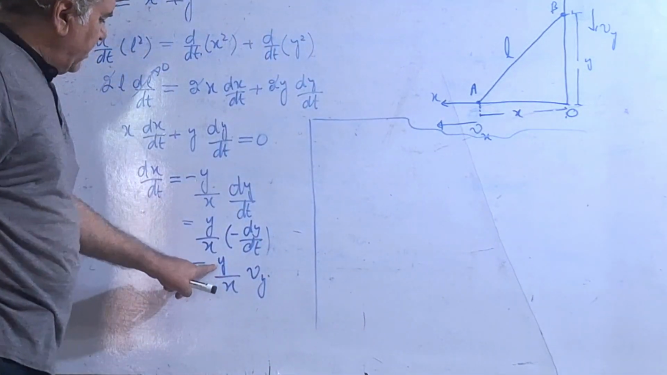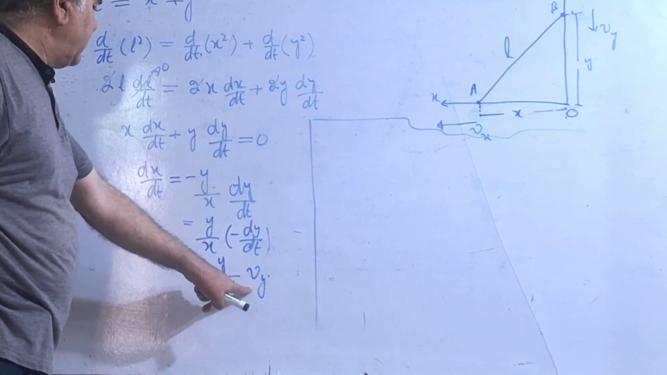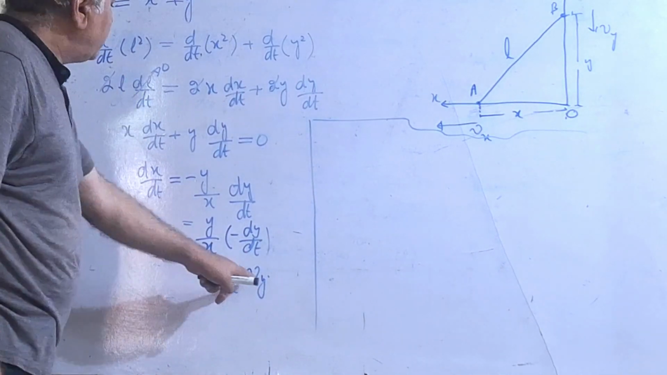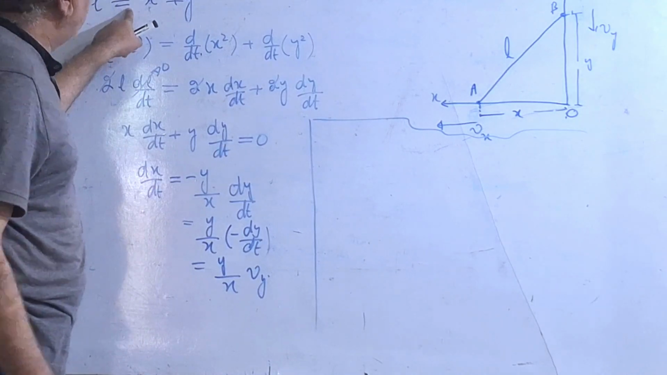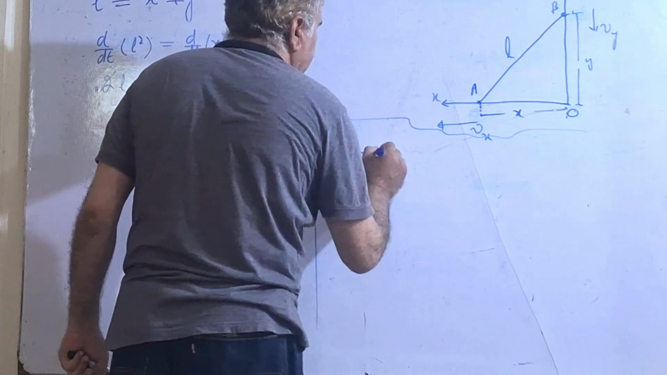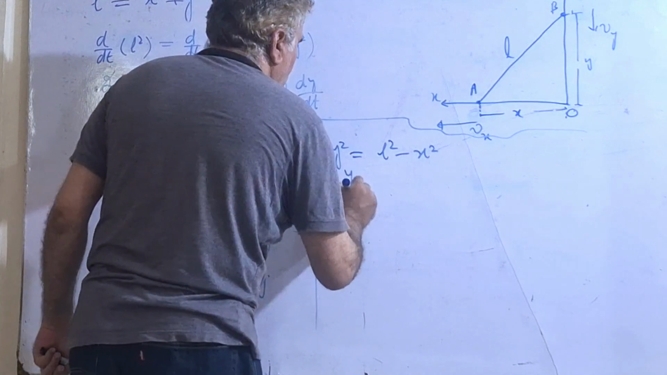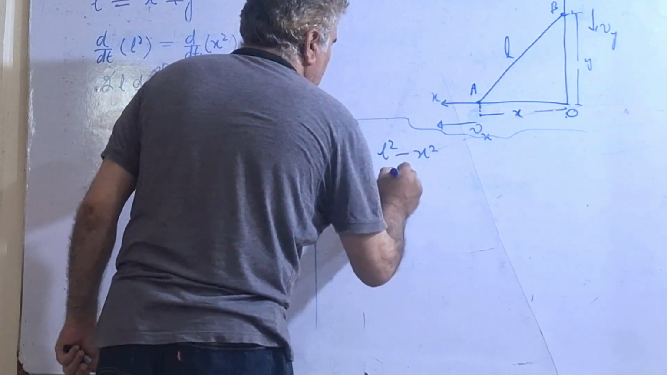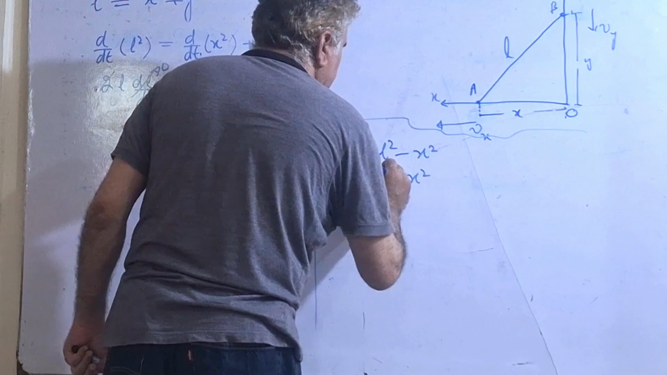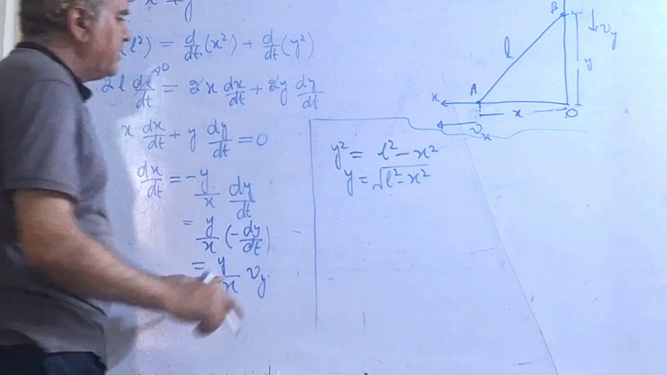We want to eliminate the information of y from this one equation because we only know about this. And in order to eliminate that, I can use this equation. From this, I can write y squared equals L squared minus x squared, or I can write y equals the square root of L squared minus x squared. If I replace this value at this position, then I can write